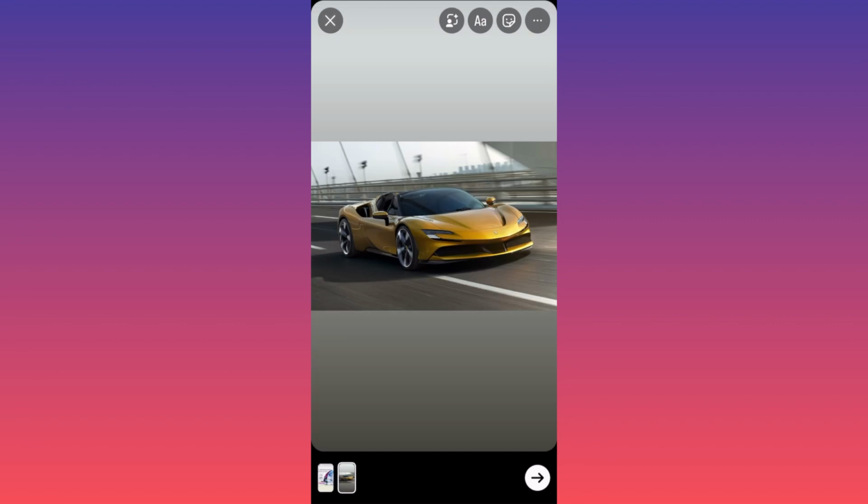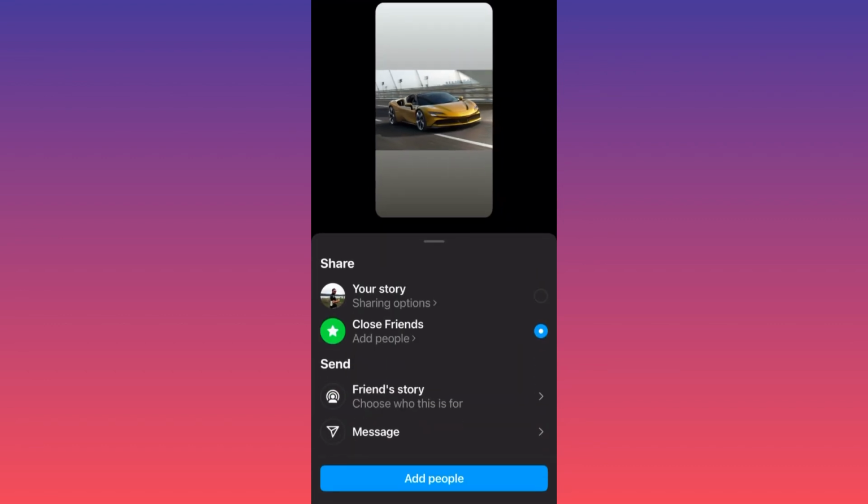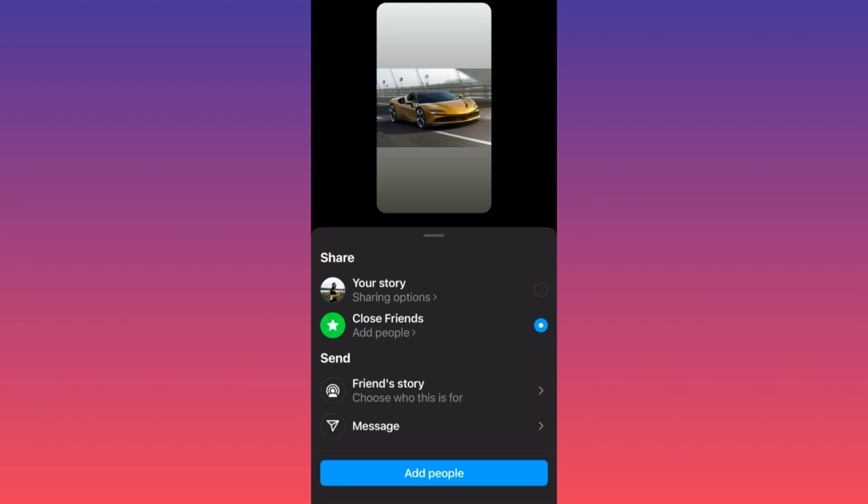When you're done, all you gotta do is click on the arrow. And as usual guys, you can post your story for close friends only, or you can post your story for the public. As well, you can send it to your friend as a message,